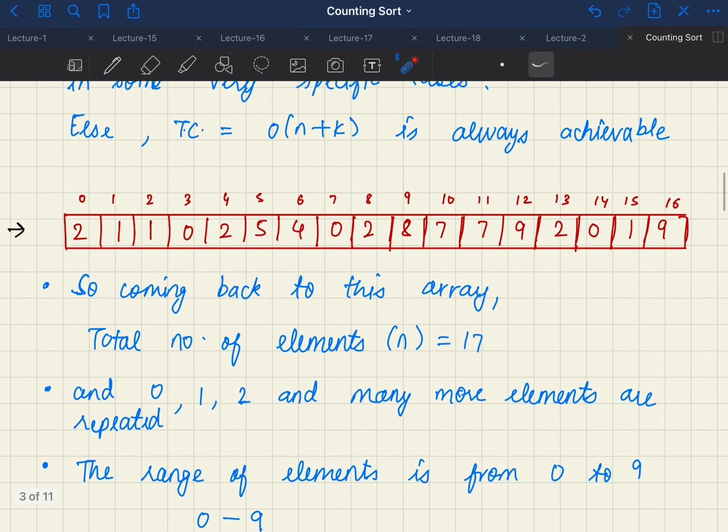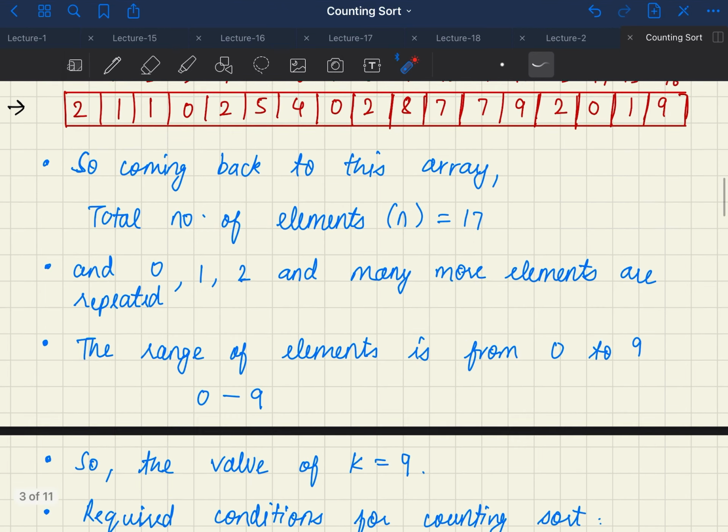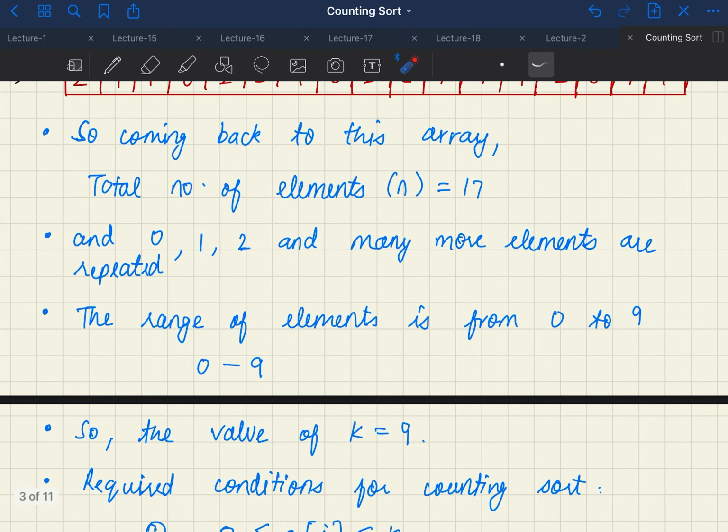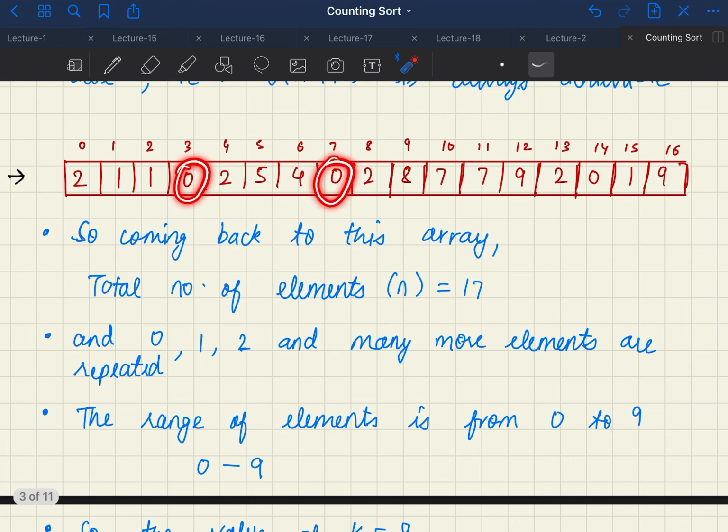So coming back to this example, this array. The total number of elements in this array is 17, which is from 0 to 16 indexes. And 0, 1, 2 and many more elements are repeated. As you can see, 0 is repeated 3 times, 1 is also repeated 3 times, and similarly 2 is repeated 4 times.